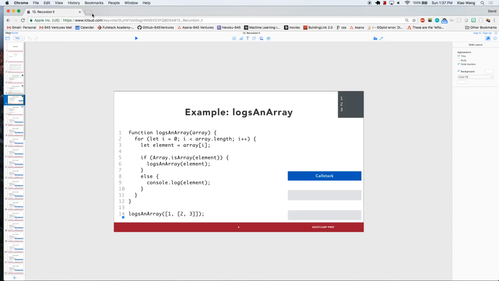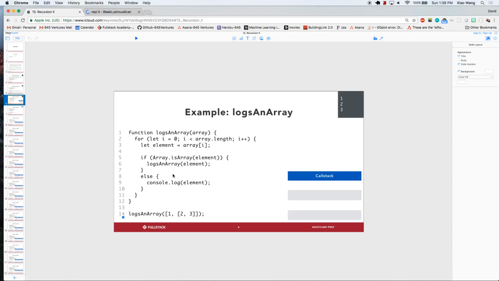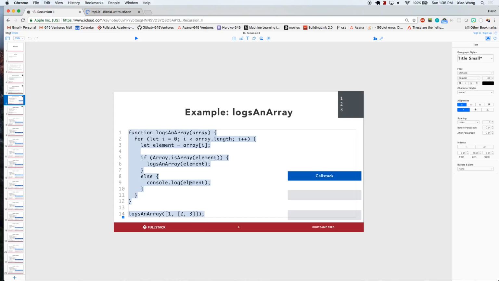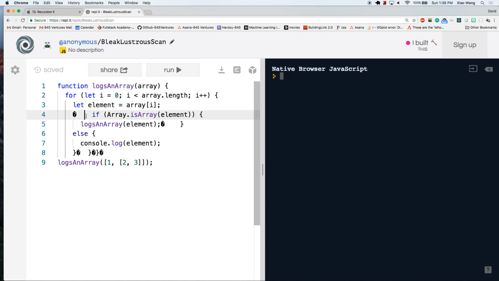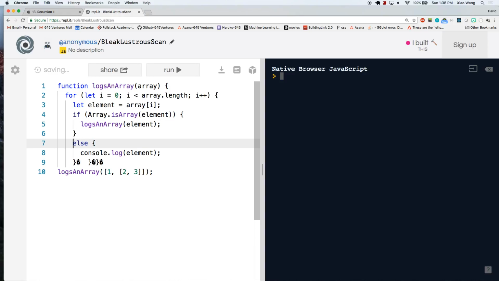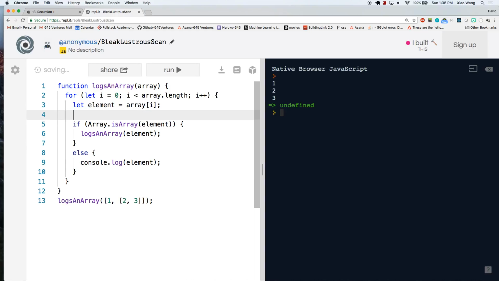So let me open up a REPL really quick. When I run this logs-in-array function, at every single point, let me console log out my current element.